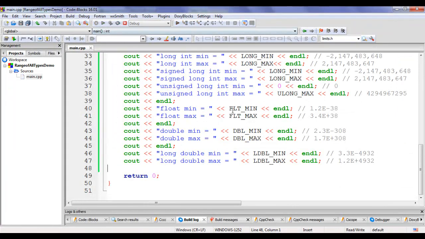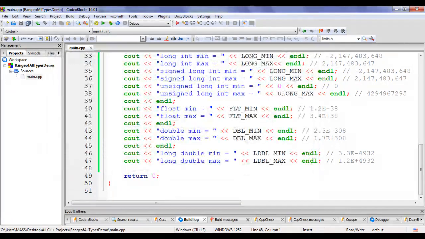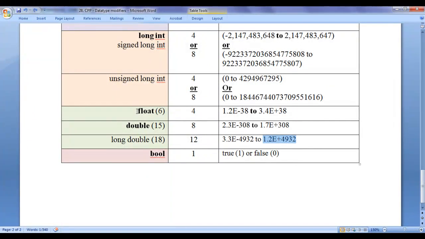If I say build and run, you can see that it has displayed 3.3621e-4932, which is nearly equal to 3.3e-4932, and the max is 1.18973e+4932, which is equal to 1.2e+4932. I hit enter to close the console window. I'm going to copy this line of code and paste down. We have successfully displayed the range of float, double and long double.